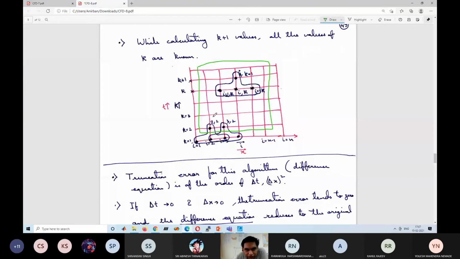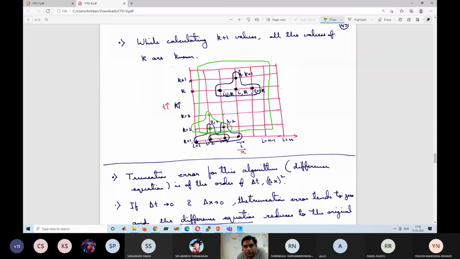So now this value we need. This value will be based on this value and this value, right? For this case, I can find the value based on these 3 values. Similarly, I can find this value based on this value and this value. Similarly, this value I can find based on these 3. So all these internal grid points for the third row also I will be able to find.